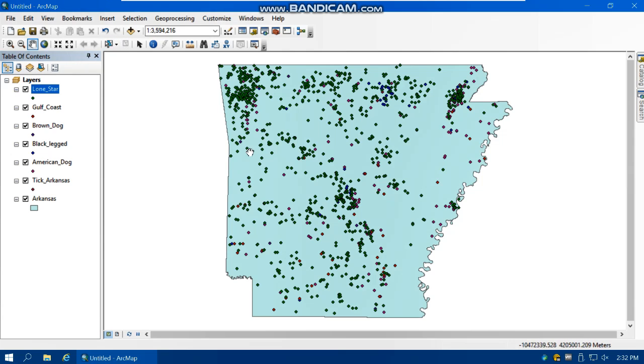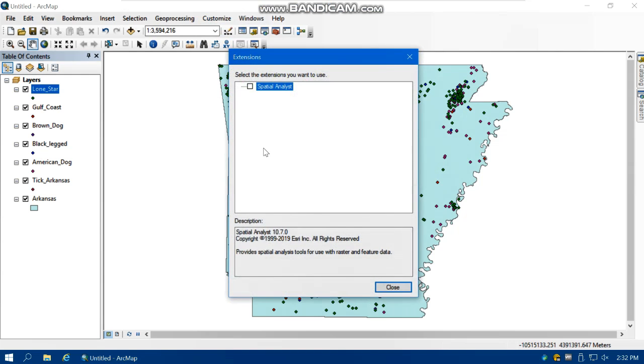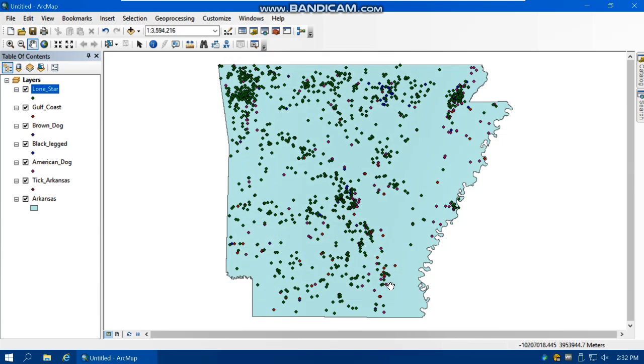So how we can activate spatial analysis: from the customize menu, extensions, and make sure to check spatial analysis. Otherwise you won't be able to use the tools. Okay, you will get the warning. So check the spatial analysis and then close. And after that,